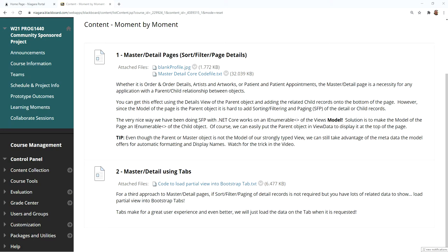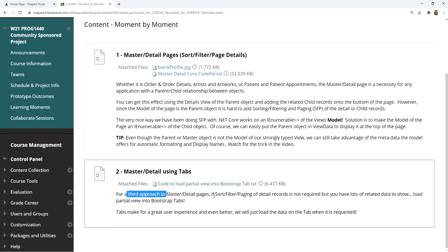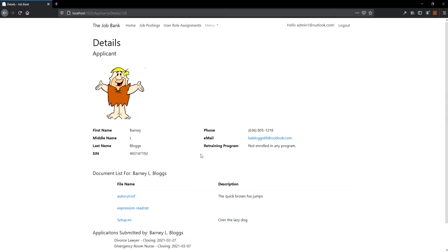In our next learning moment, lesson number 2, we're going to focus on yet another, a third approach to doing master detail pages, right? So I just want to quickly review, recall back to last term, we did do something that actually truthfully was an implementation of master detail, and that we had, for example, here in our job bank,